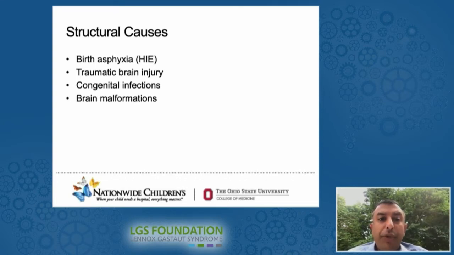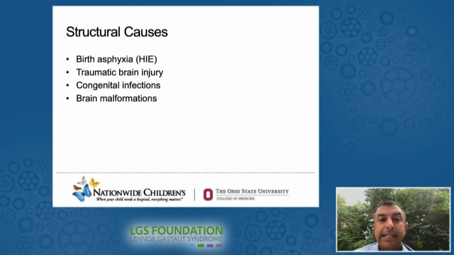So we talk about birth asphyxia, or HIE, hypoxic ischemic encephalopathy. And it's important that we understand that this can be a factor or an etiology for LGS, because there is a lot of great work done by neonatal neurologists and neonatal epileptologists that can help in that regard early on by doing things like cooling protocols, et cetera, that hopefully will help decrease the chances of developing long-term epilepsy or things like Lennox-Gastaut syndrome. What about traumatic brain injury?